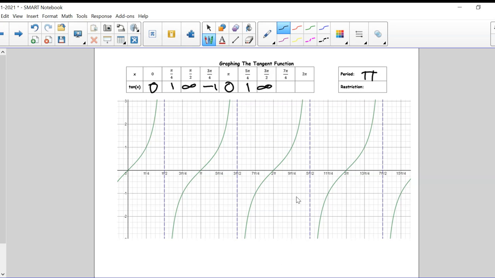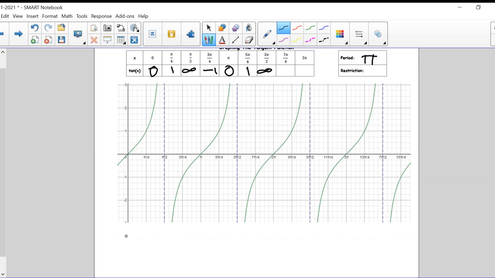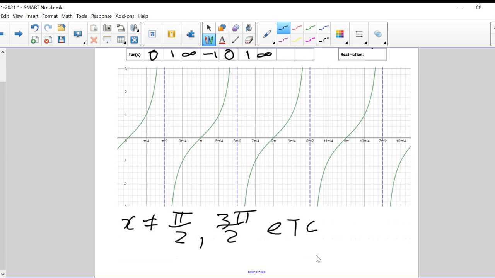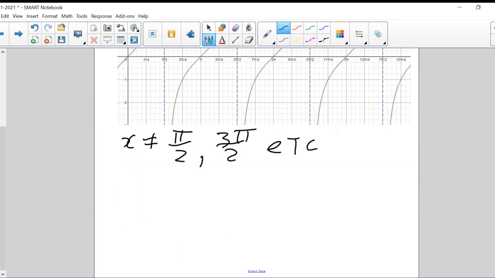X cannot be equal to 7 pi over 2. You went all the way to 7 pi over 2, right? Okay, so here's how we could write it. We could just write x is not equal to pi over 2 would be 1. Another one would be 3 pi over 2. Now you could say etc., but there's a sort of more elegant way to write it, and I'll show you what that is. You could say that x is not equal to